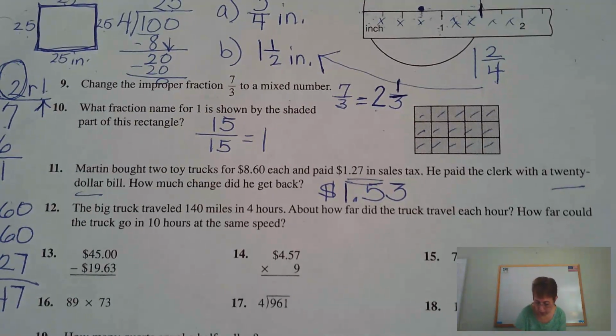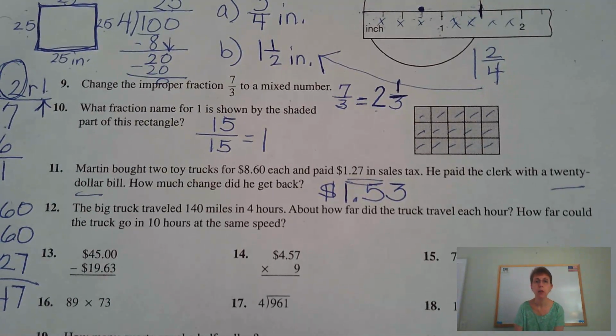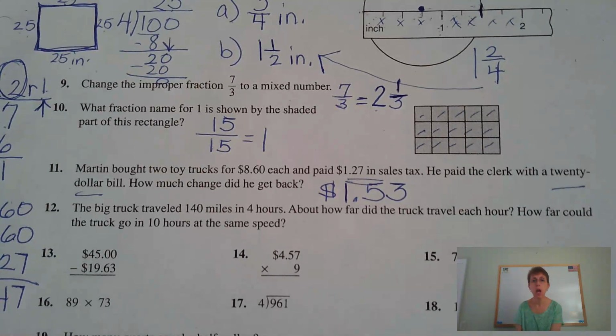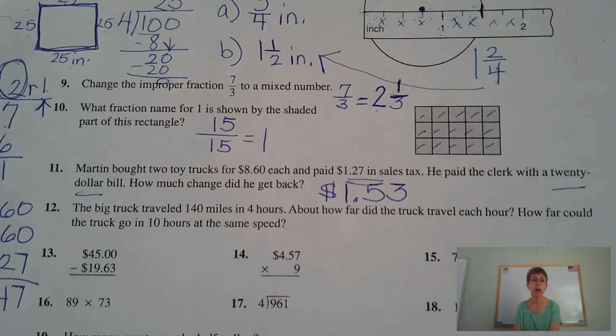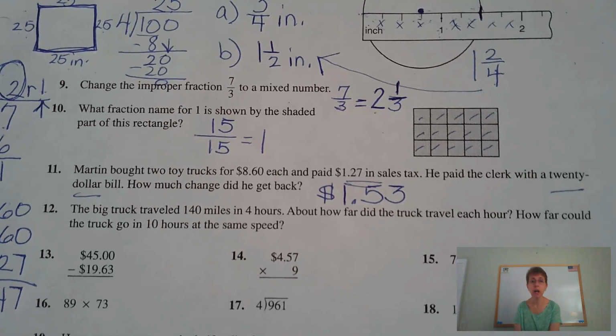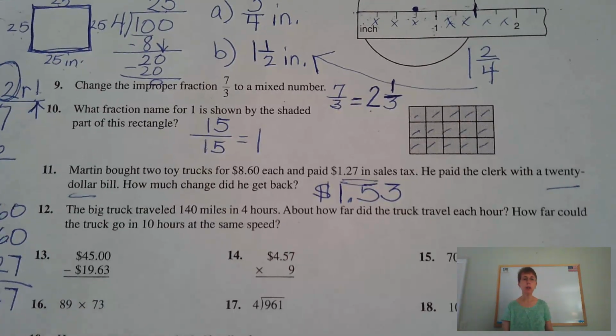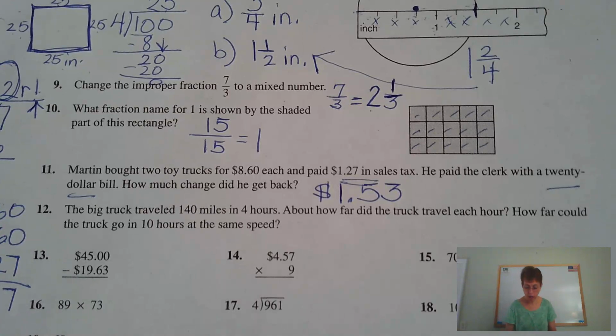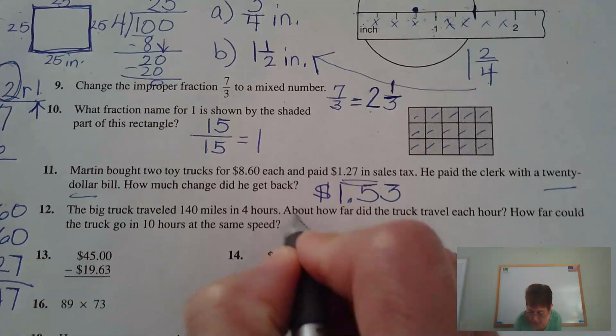The big truck traveled 140 miles in 4 hours. About how far did the truck travel each hour? And how far could the truck go in 10 hours at the same speed? So you actually have two questions here. Now, this word "about"